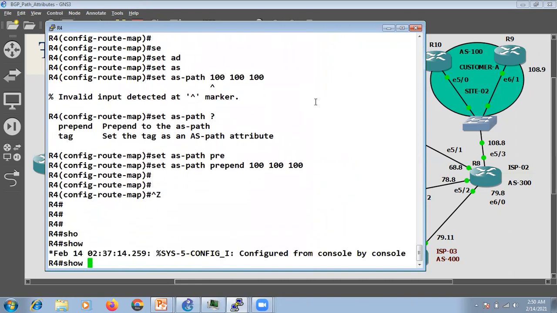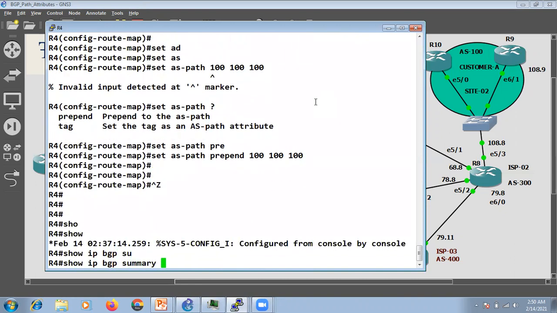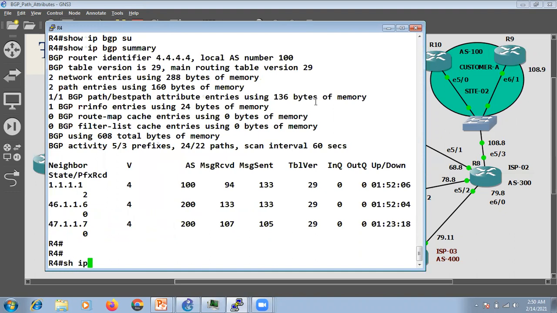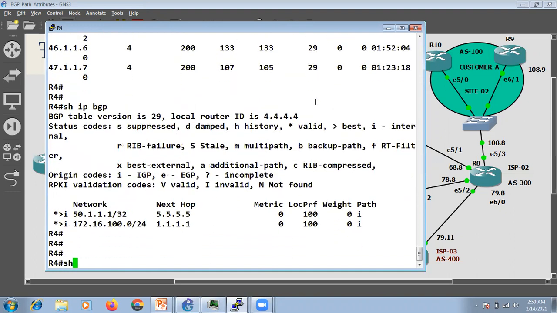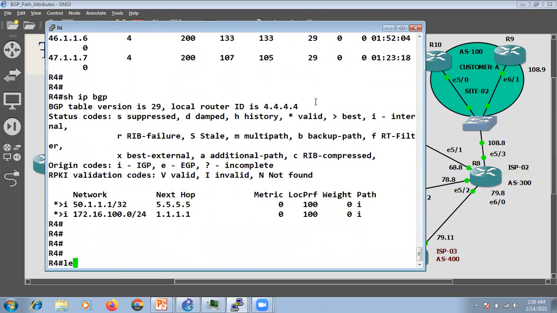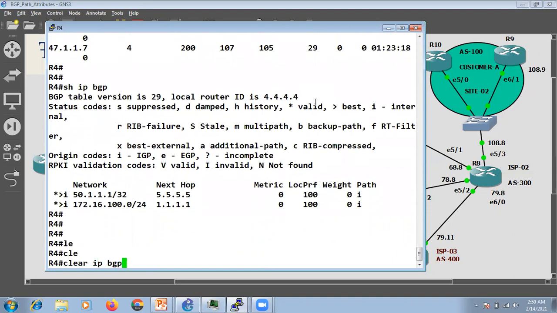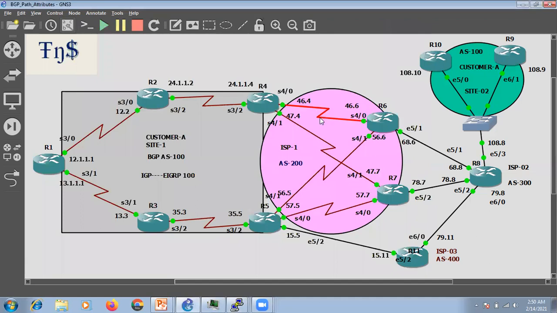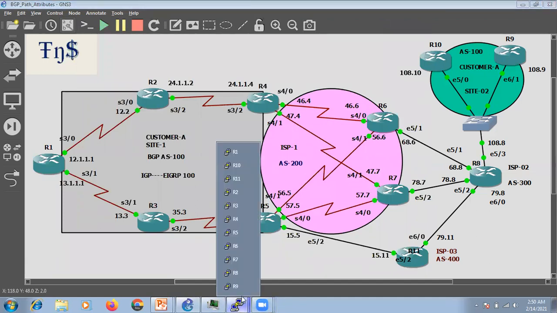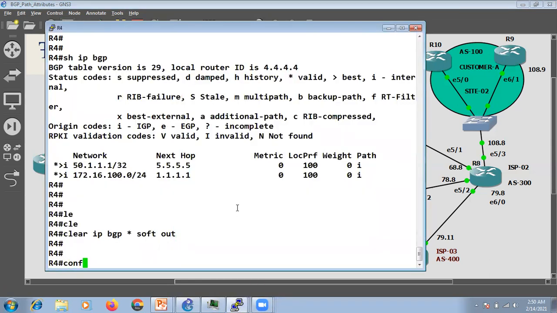Now let's see what happens if I go to show IP BGP summary. Let's clear the route. IP BGP star soft out. Let's go to R6. But first of all, we need to apply this, right?